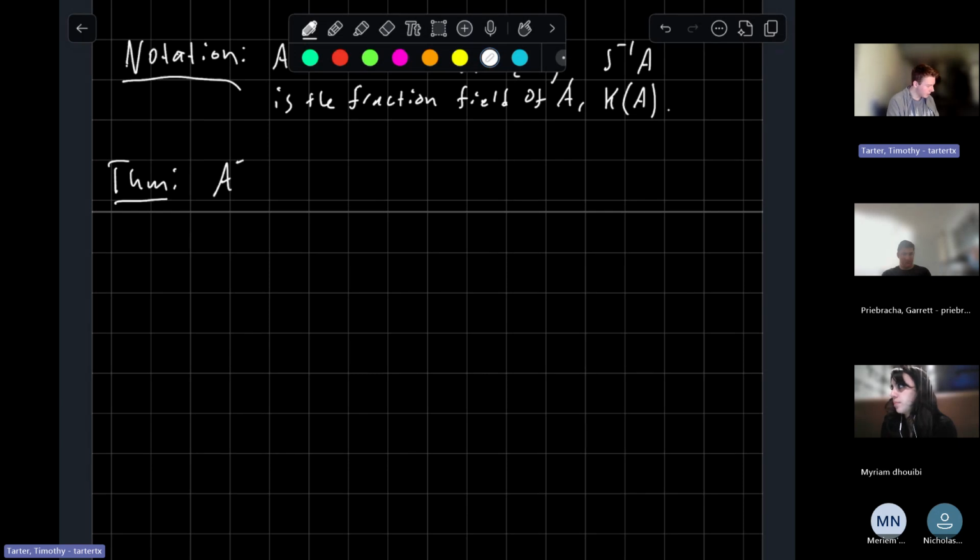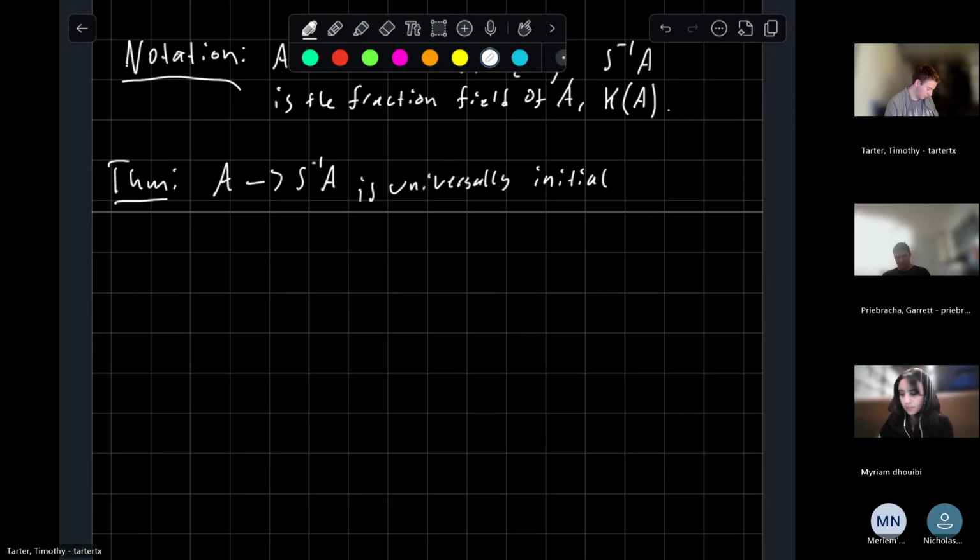So A to S inverse A is universally initial among A algebras